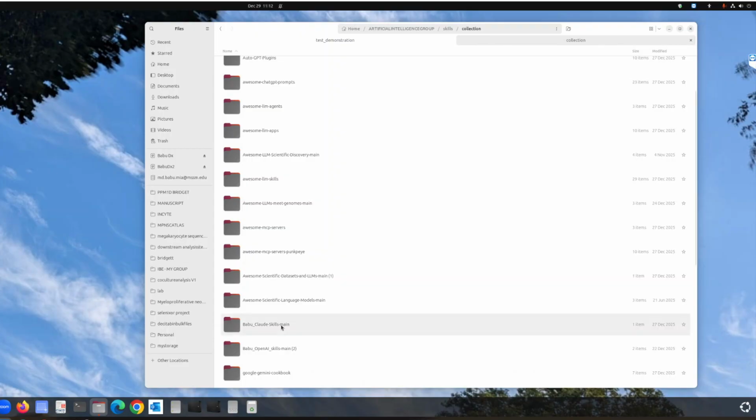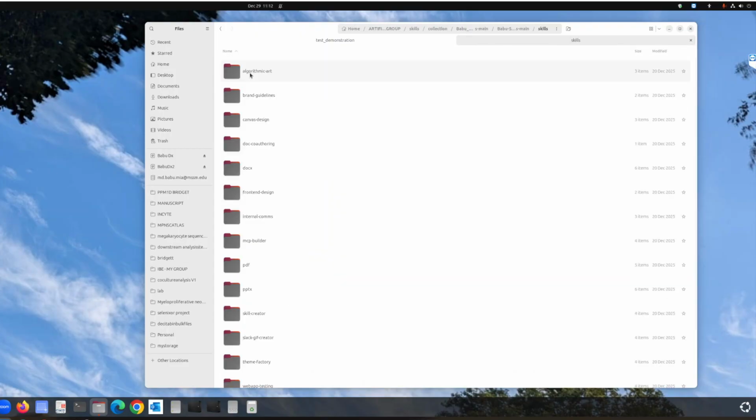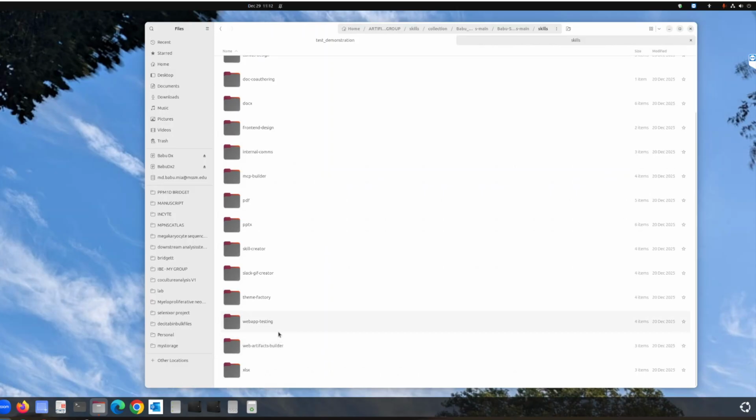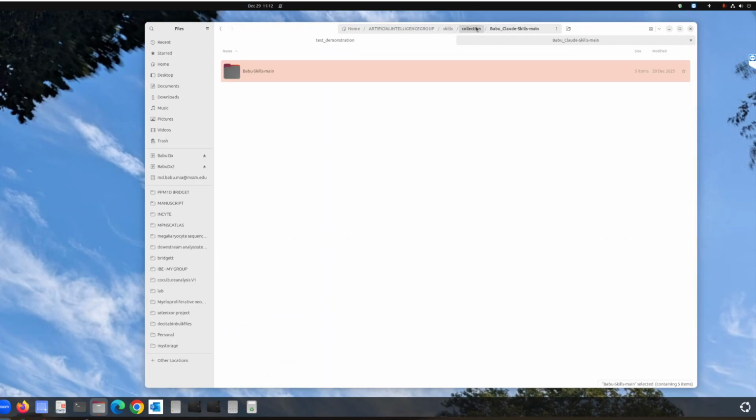For example, if you're going to Claude skills and we want to see what types of skills they have, you can see in here that we have different types of skills in algorithmic, documented, and many things in here. I'm just saying this is something that we are looking at. Then we go to,